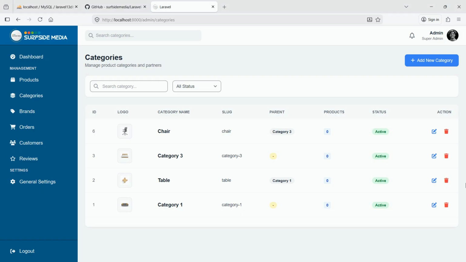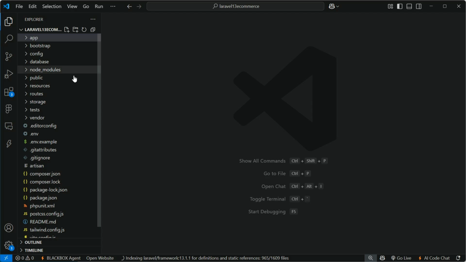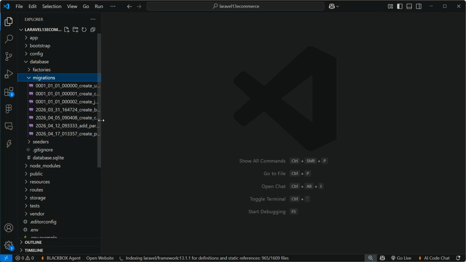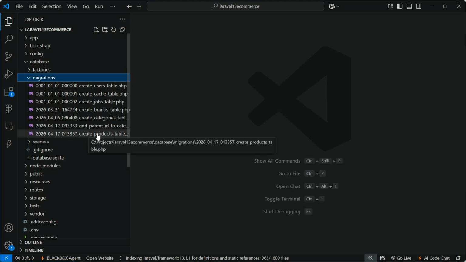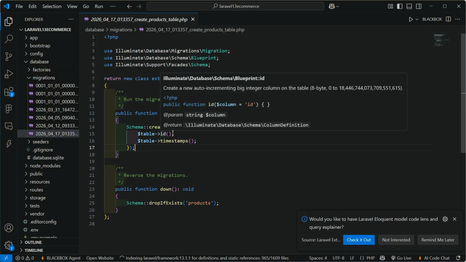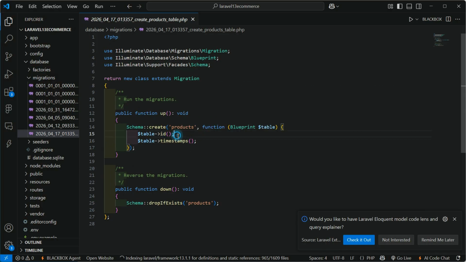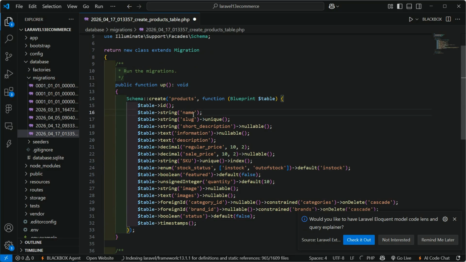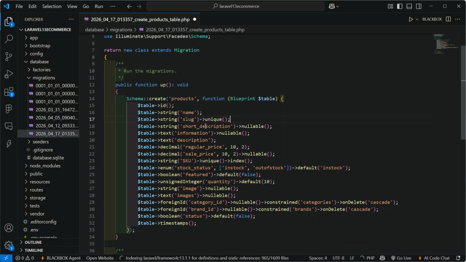So go to VS Code and go inside the database directory, then migrations, and from here let's open this one, the create product table migration. And now inside this schema, let's add some columns. So add these columns: name column which is a string, slug a string, and also set unique, short